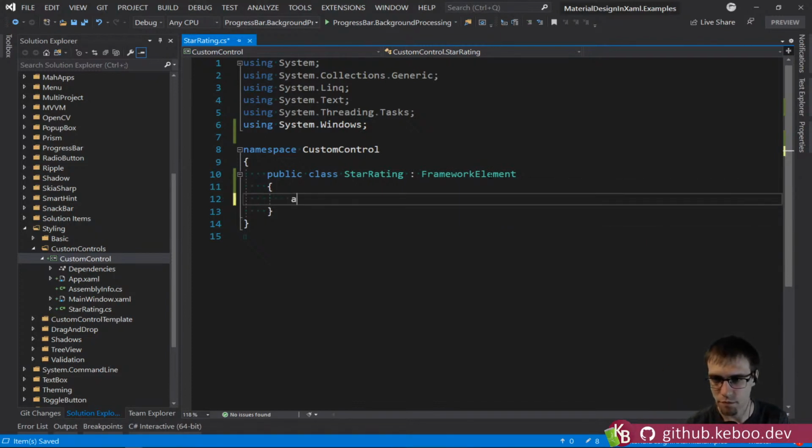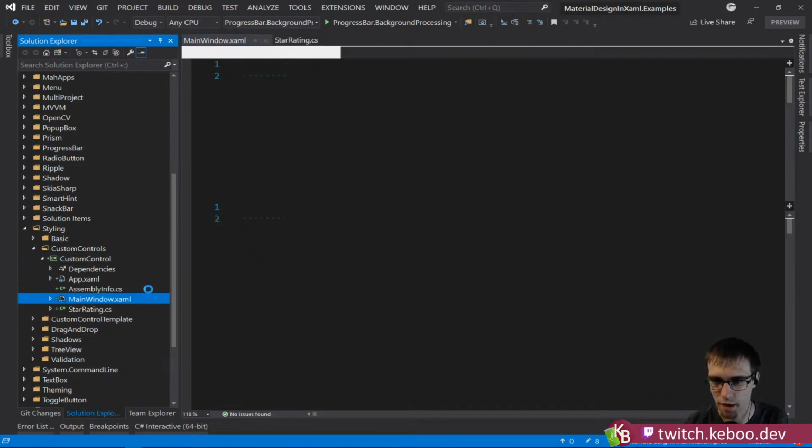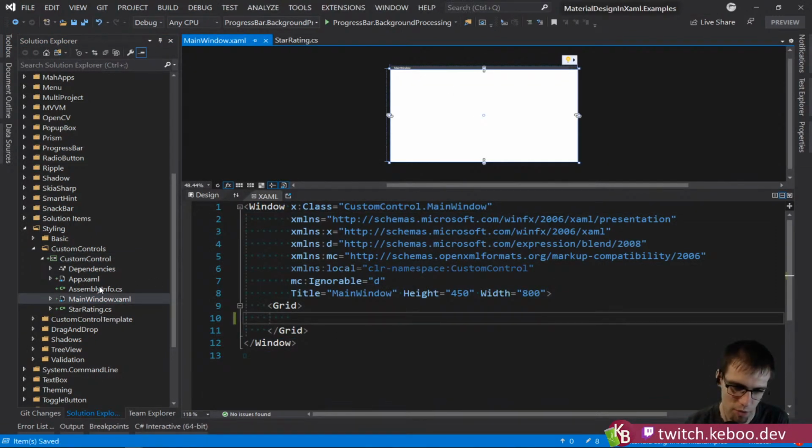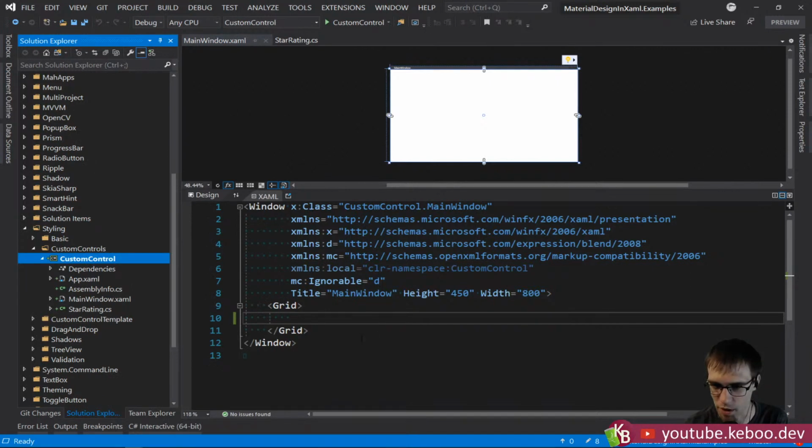Okay. So done. I've made a control, but it's pretty boring. Let's go and actually use it now. So we're just going to drop it in here. In general, you would probably separate your control into its own project, but in the interest of simplicity, I'm going to just change my startup project before I hit F5 and get confused. Let's see, star rating, right? And we're just going to slap that guy in the middle,